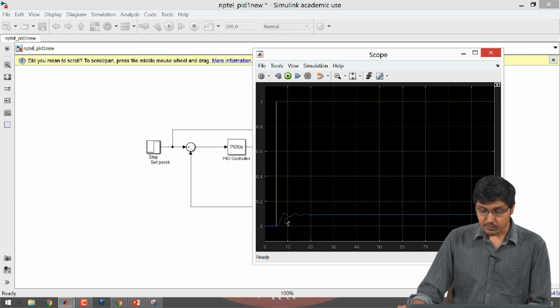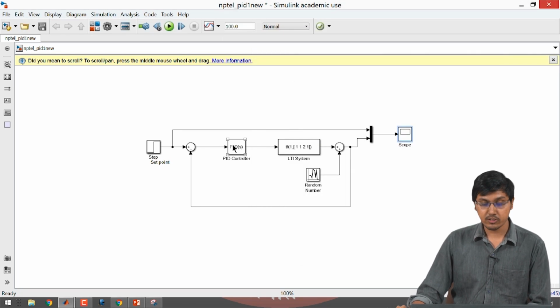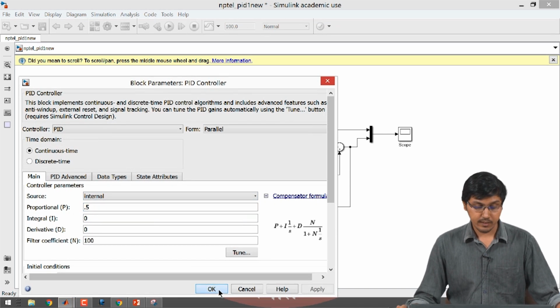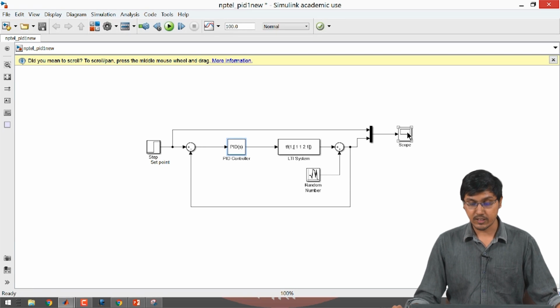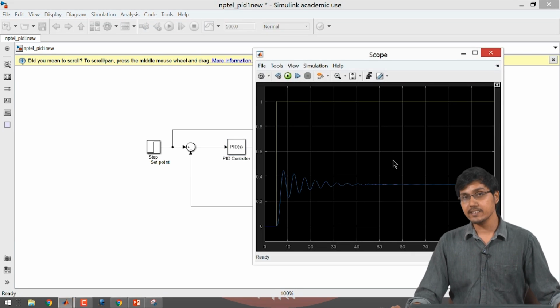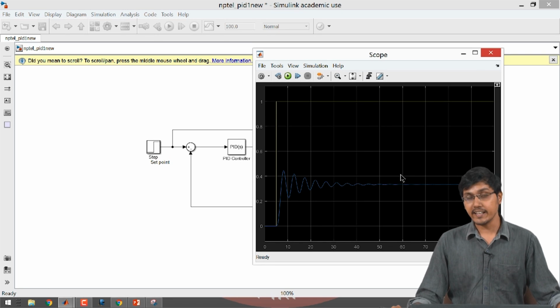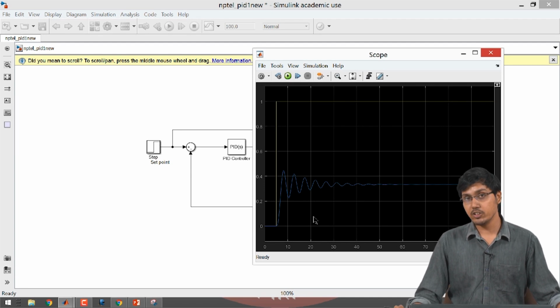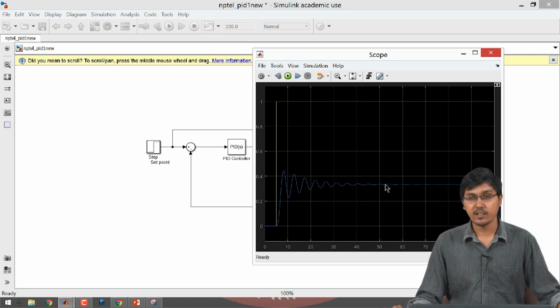Let us now increase the value of Kp and see what happens. So, basically what we are going to do now is increase the value of Kp, let us say to 0.5, and then see what happens. As you can clearly see, the offset has decreased. Increasing the Kp is decreasing the offset, and offset is a steady state error, so that is decreasing. Initially the final value of this control variable was 0.1, now it has become around 0.35 or something. So, the steady state error, the difference between the value we desire and the value we have got, has decreased.